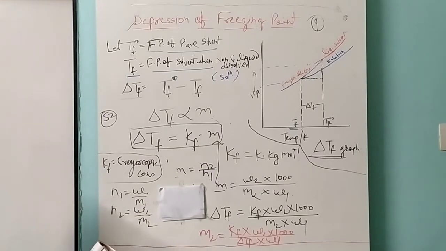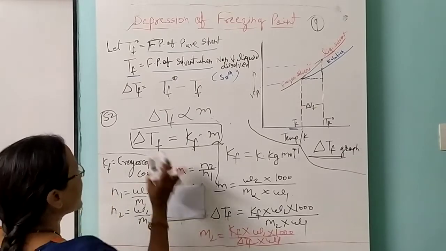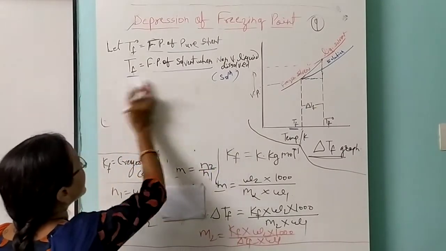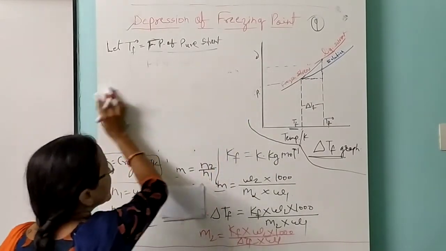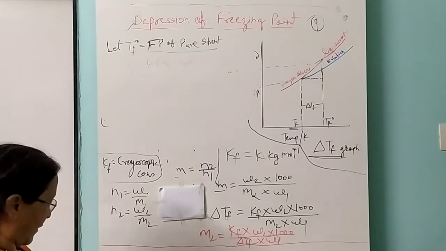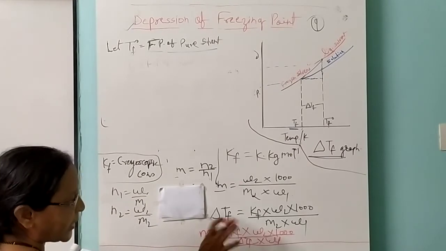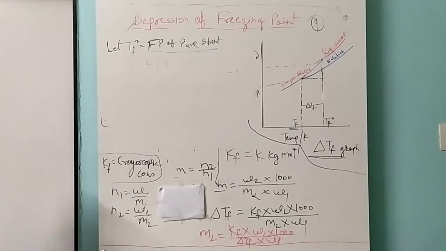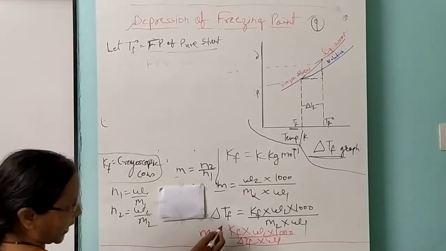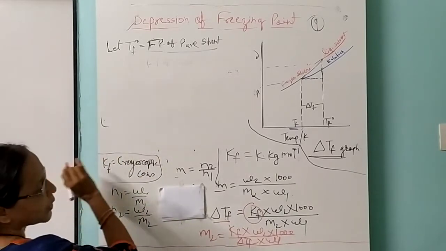Now here in our competitive exams, students, this we can relate with our gas equation formula also, right? So here this M2 is equal to this, we can write here W1, W2 and delta TF. These are the molal freezing point constant as well as the relation between molal freezing point constant and depression in freezing point. So this value Kf and Kb, here it is Kf, and in Kb also what we got.